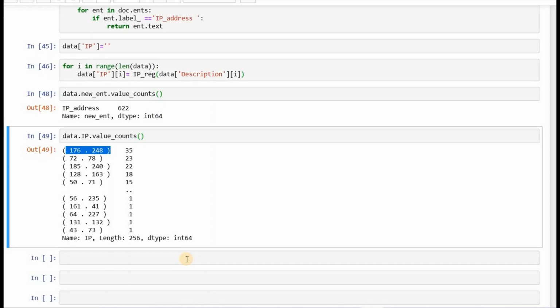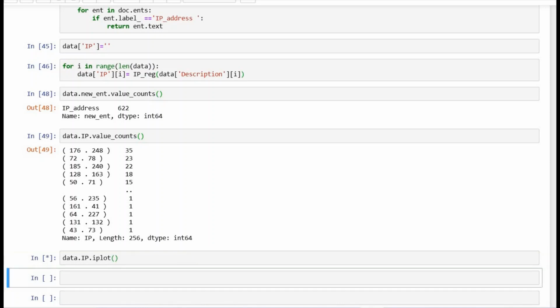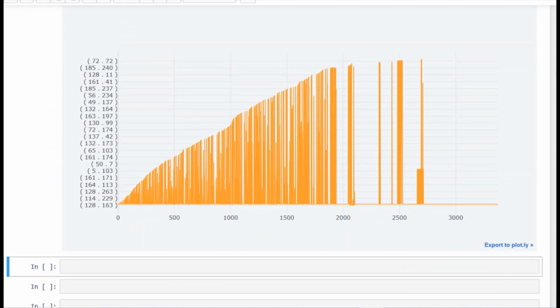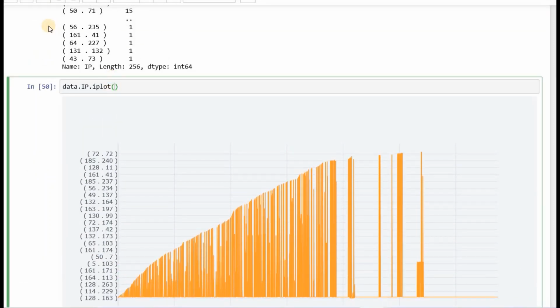And we can also plot this by something like IP.iplot. Iplot is available. Okay, let's make it kind equal to hist.